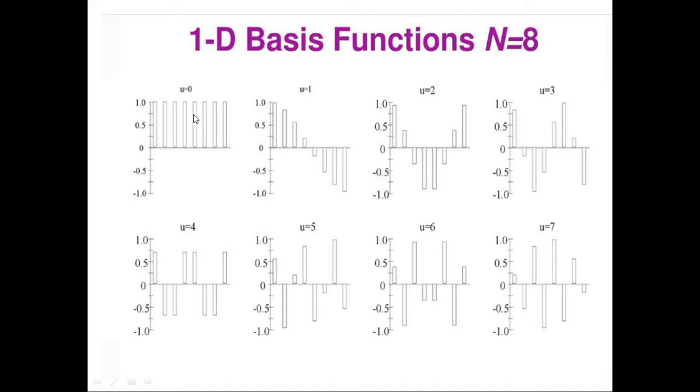This basis function has coefficient values 0 to 7, and the signal is of N points, and therefore we are multiplying that signal with a basis function. For u equal to 0, we get DCT of 0, and for u equal to 1, we get DCT of 1, and so on. So we are making use of these basis functions to transform the given signal into the DCT domain.